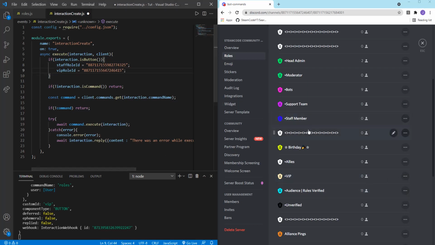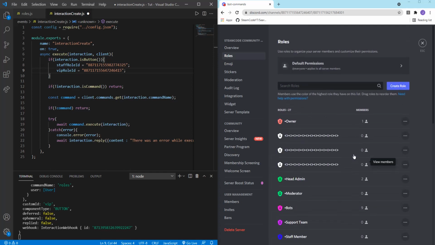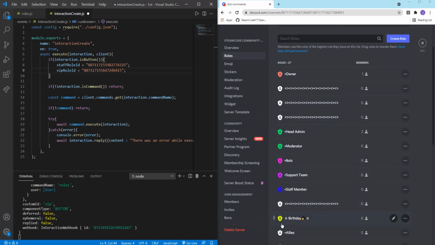And then remember, for whichever role that you want your bot to be able to add, you're going to want to put your bot role above those roles. Otherwise, your bot will not have the permissions to add the actual roles. All right, so now that that's done,